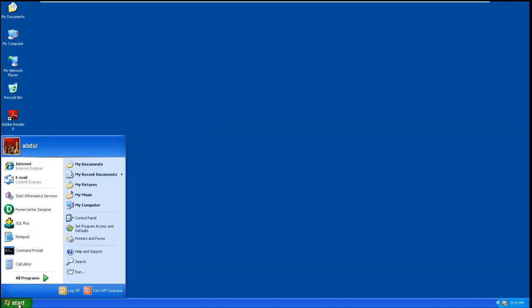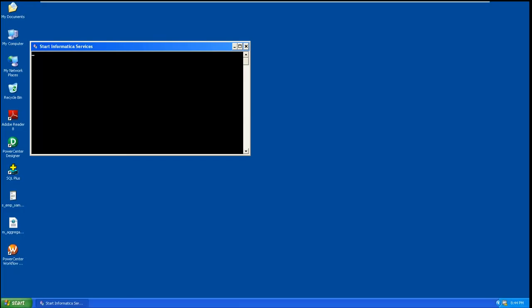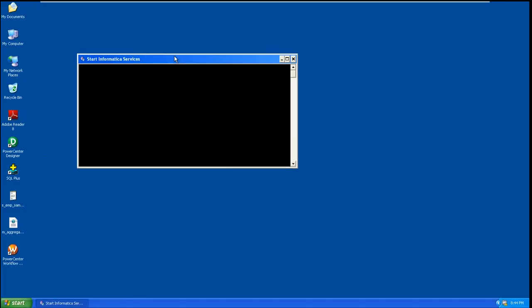Before starting, we always need to start the Informatica services first. Once it is started, then we are able to work with the Informatica components. Now it's starting. It will start the Informatica services and then the Oracle services.